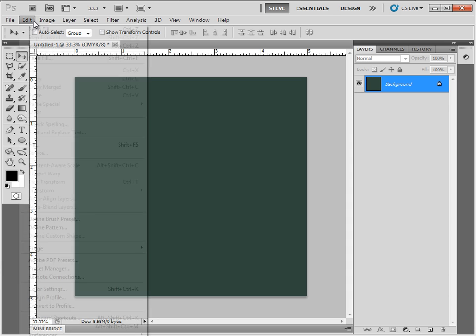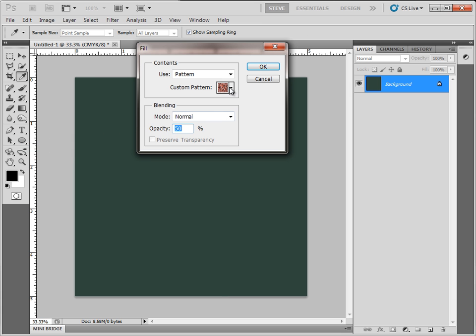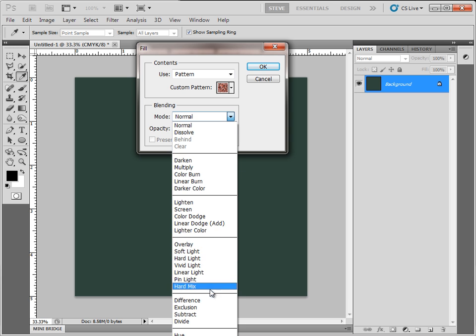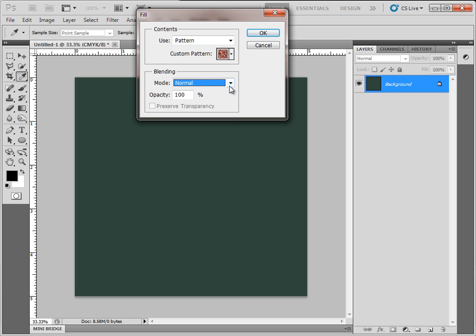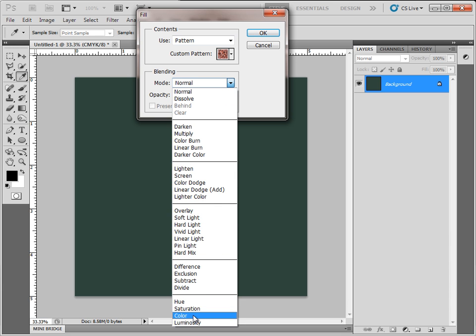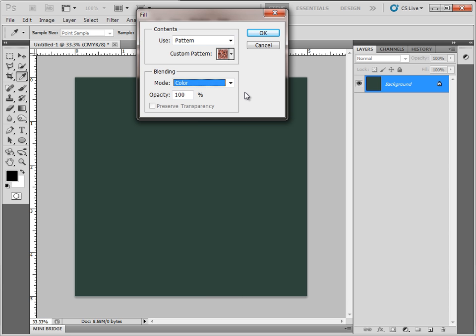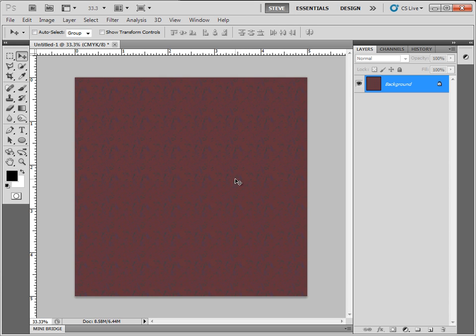In fact, edit fill, I'll leave this on 100%, and I'll choose a mode called, well, again, I got to drag this up even higher here. Choose a mode called color. And that will colorize the rock pattern. Now, it won't be particularly green, but it'll be some combination of whatever these colors are, along with green. In fact, we can see we got a lot of red in there,